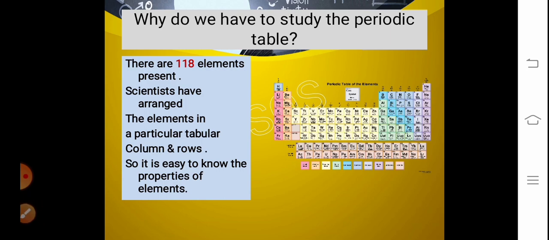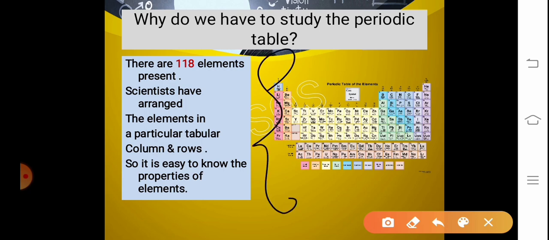Now one more question: we have understood what a periodic table is, and we also learned why we should study the periodic table, right? Now, why do we call it a periodic table? Tell me. I told you this is a periodic table, right? So why do we call this a periodic table? It is because, in the periodic table, the elements repeat their physical and chemical properties after a periodic interval. For example,